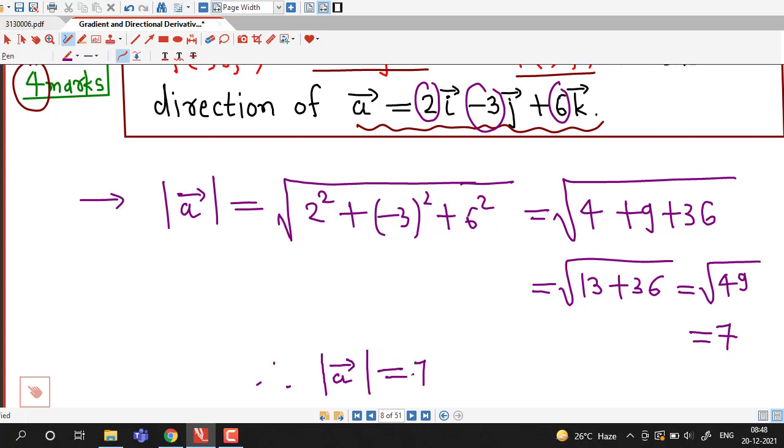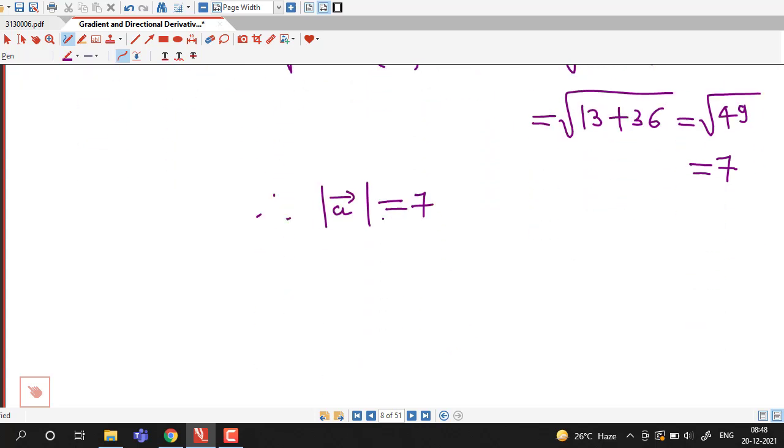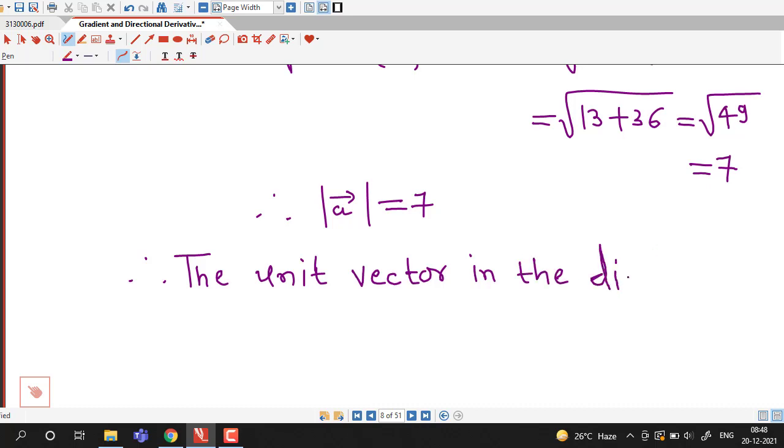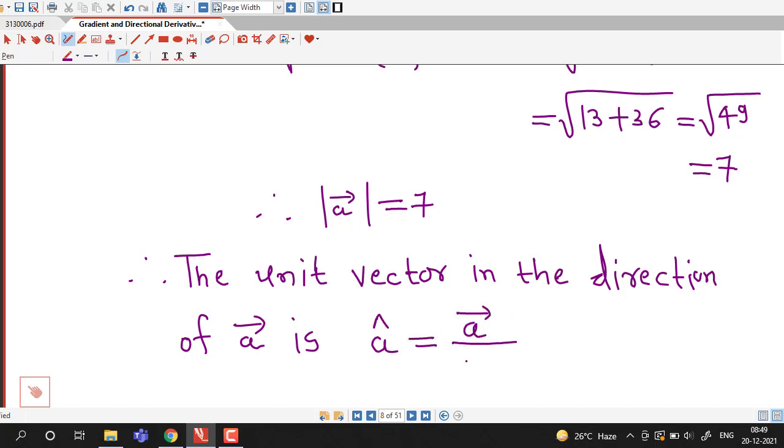So the given vector is not a unit vector, and for directional derivative we require a unit vector. So first we write down the unit vector in the direction of the given vector a bar. The unit vector in the direction of a bar, which we denote by a cap, is equal to vector a bar divided by